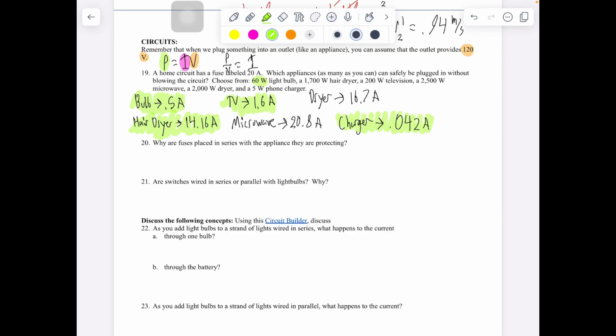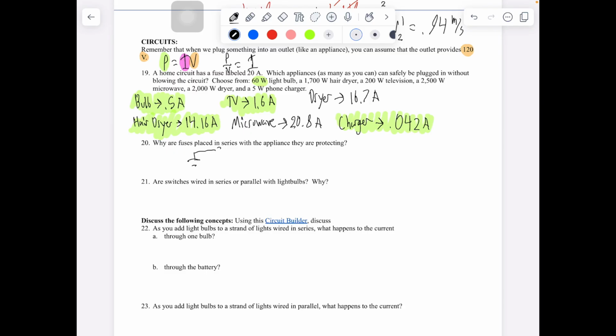20, wire fuses placed in series with the appliance they are protecting. Well, fuses, they blow. They essentially get destroyed, and that breaks the circuit. It's no longer a closed circuit. It is an open circuit. Current cannot flow. A fuse is placed in series because, just like in series, say we have 2 light